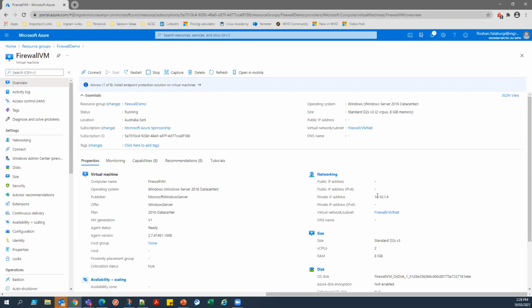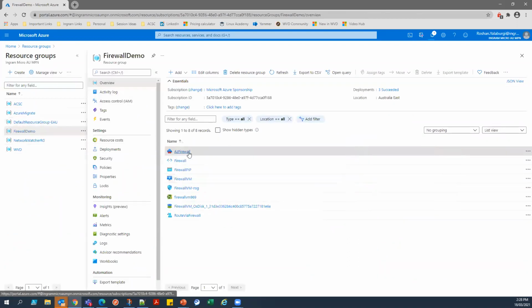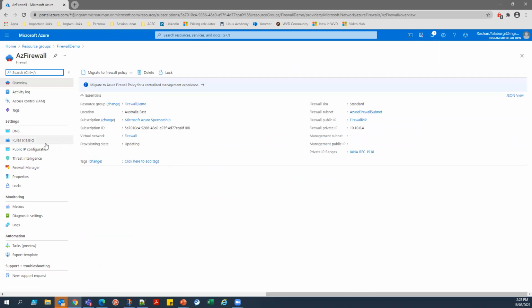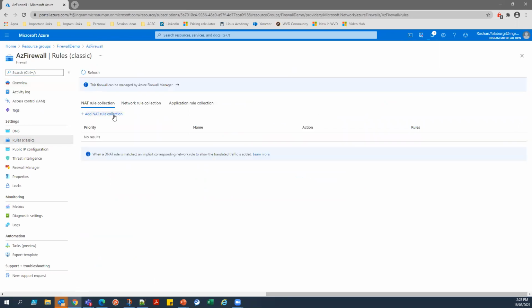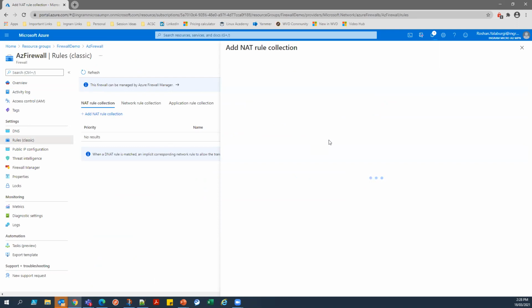So option one is to use Bastion, which is something that we'll be covering when it comes to host security. The second option is to use the firewall, right? So in the firewall, I can create a simple NATing rule saying NAT the public IP of my Azure firewall and redirect all the traffic coming on port, let's say 3389, to this particular IP address, right? So that's the simple firewall NAT rule that I can go ahead and create. So if I say add a NAT rule here,